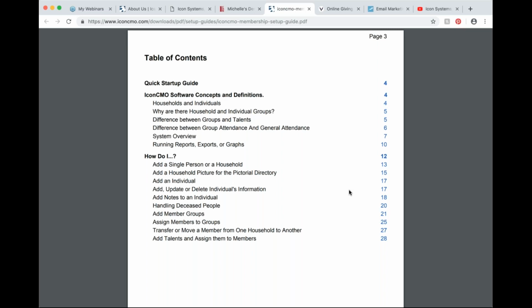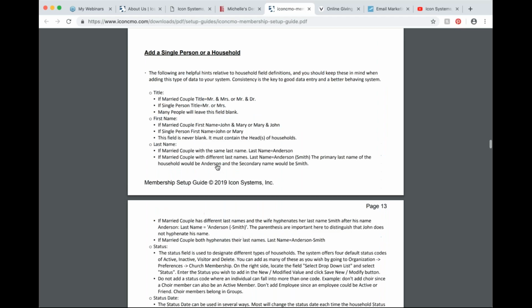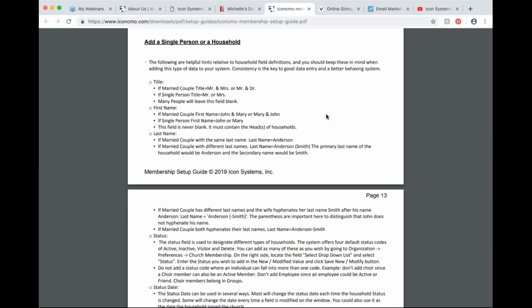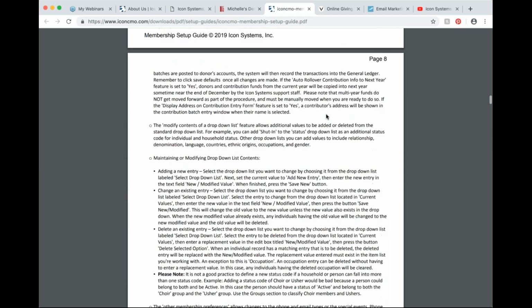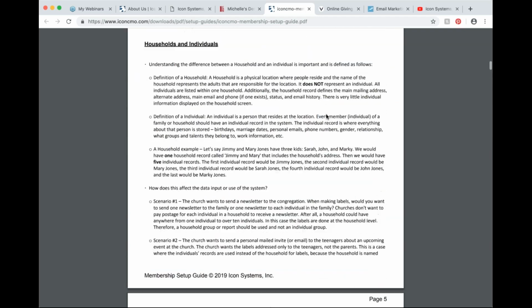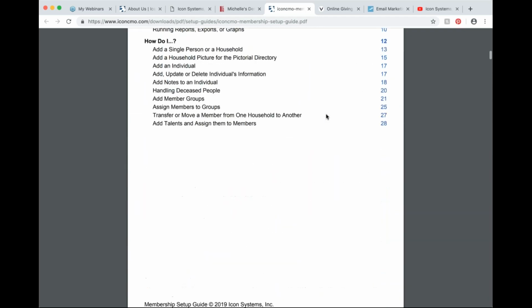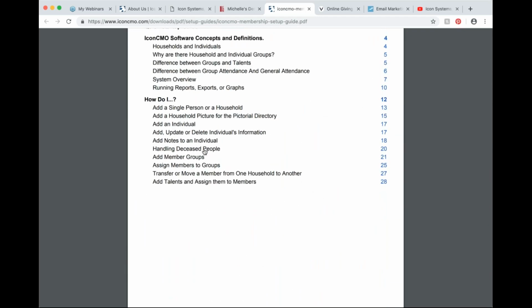So even though you don't have to actually follow the steps, it's nice to go through those. And then there'll be things that are really handy references in there. So for example, like how to add a new household. And these are all clickable links. So if I click on them, they'll go right to that section in the setup guide. So if you need to add a new household, things like handling deceased people,